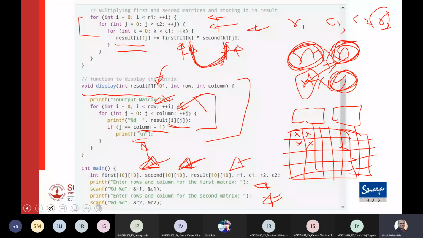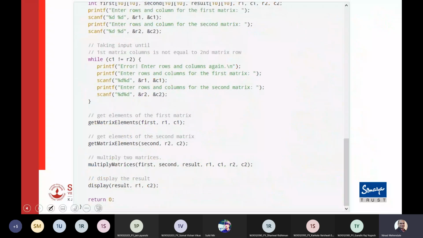Similarly, we will ask user to enter the rows and columns of the second matrix. Just the two numbers are entered and those are stored as R1, C1, R2 and C2. Now, first, second, third, fourth, once we know, we have to check whether we can multiply them. So if C1 is not equal to R2, then you just ask user to enter again and show him the error message that number of rows and columns should match. And again, user enters the new value and you keep on doing this until you hit R1 equal to R2